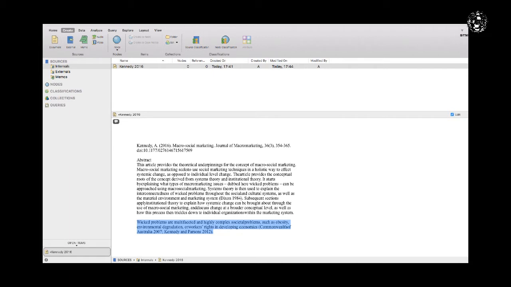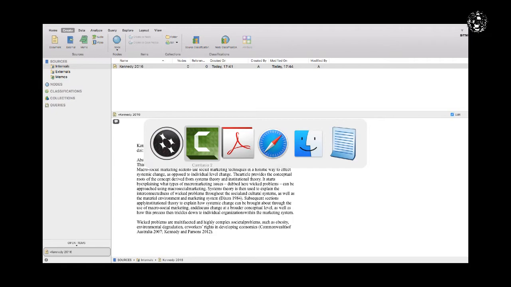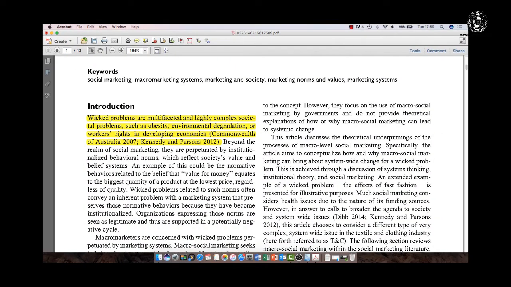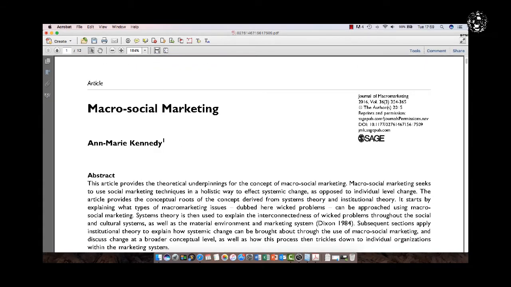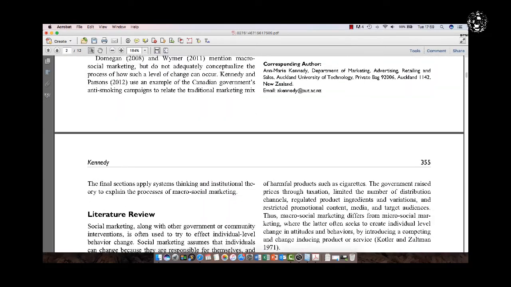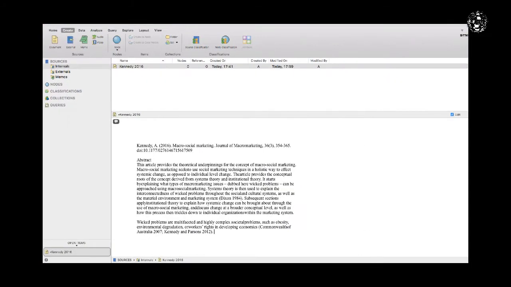But before I do that, I need to add in one element which is really important if you are thinking of doing a direct quote, and that is the actual page number. So I've picked this up from the article, and I just need to identify the page number that it's on. So it's on 354. So I put in there page 354. I highlight the whole sentence which I want to create into a node,